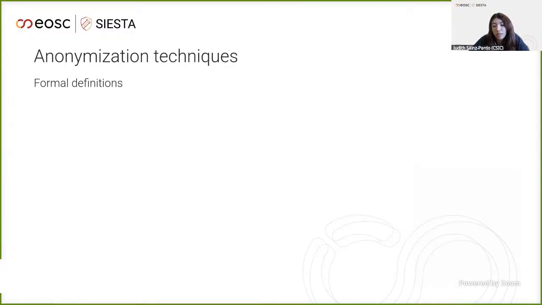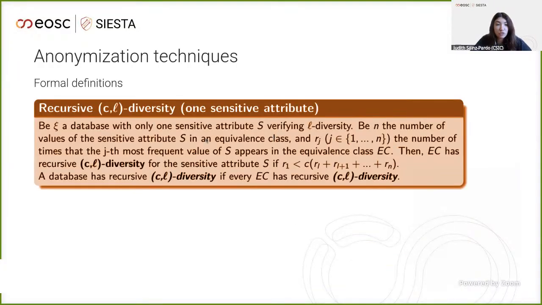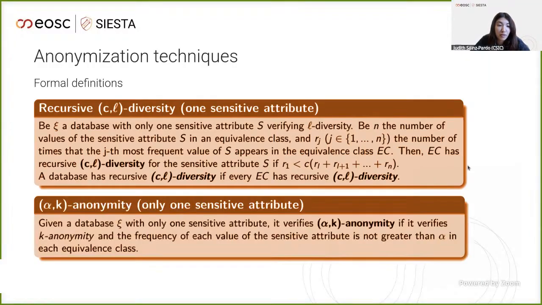So then we have already seen two definitions for two anonymization techniques that are widely used in practice. Concerning L diversity, there are other versions that we can consider. I'm not going to stop into the details of the definition, but we can consider the entropy version of L diversity. We can even consider a recursive version that is even more strict than the previous one. And we can also consider alpha anonymity, which has the same idea that we have with L diversity,